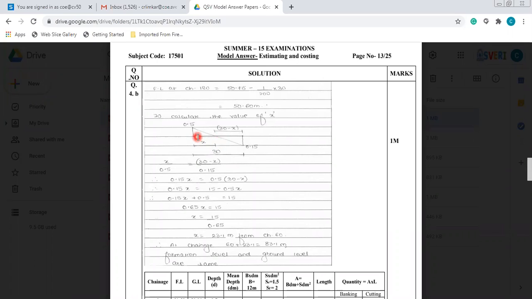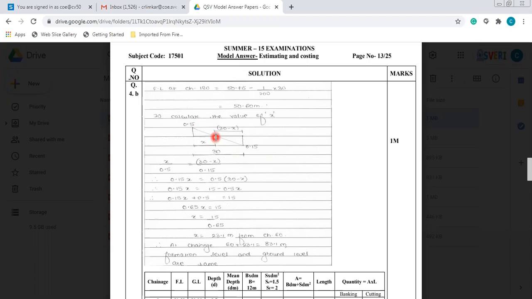Okay, so I'm considering always from the right hand side, that unknown distance is X meter, where D becomes 0. The total distance that I know is 30 meters. Okay, I know the depth. It is 0.5 at one point, and it is directly dropping down to minus 0.15 at another point. So I have to locate this point. How am I going to locate it?